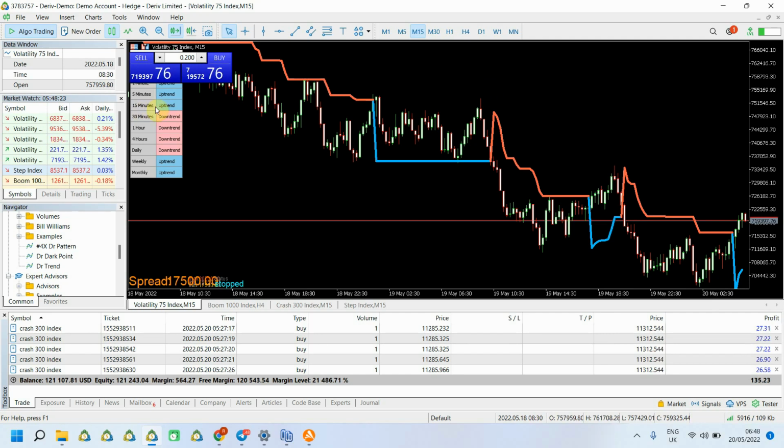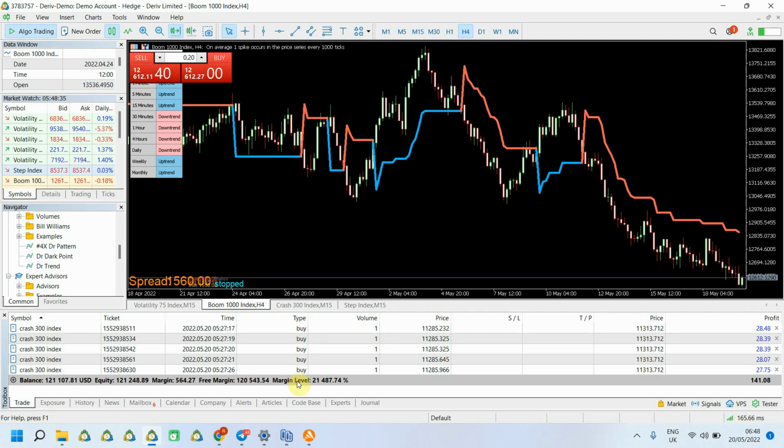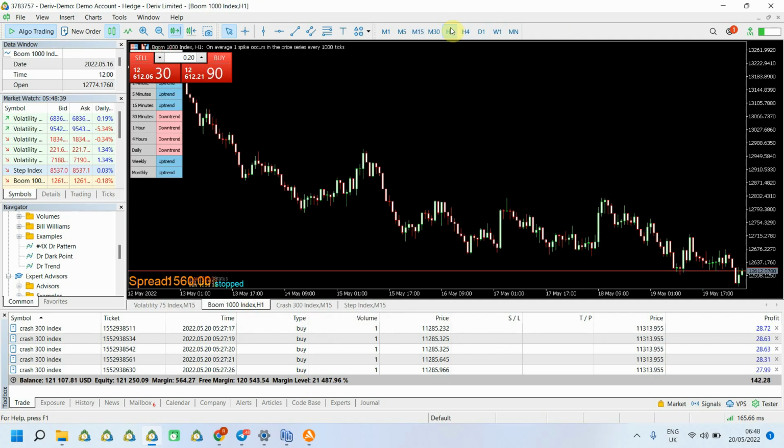So the market on 15 minutes, 30 minutes, 1 hour, 4 hours, daily are still sell trend. So we expect the market to push back, become flat, and we can actually enter for a buy. Okay, but right now it's not best. It's actually safe that we don't take trade. This is Boom 1000,